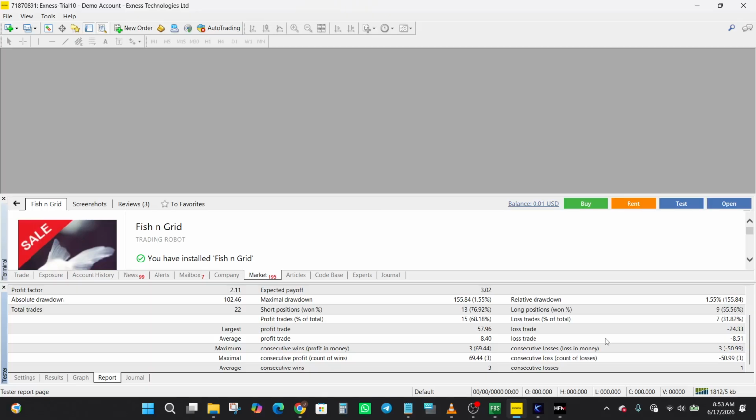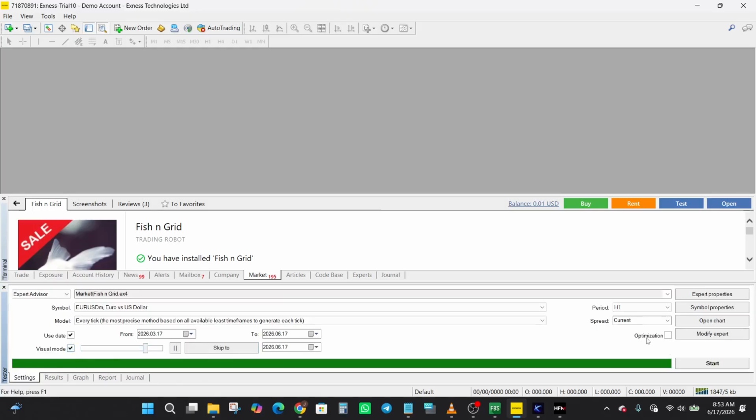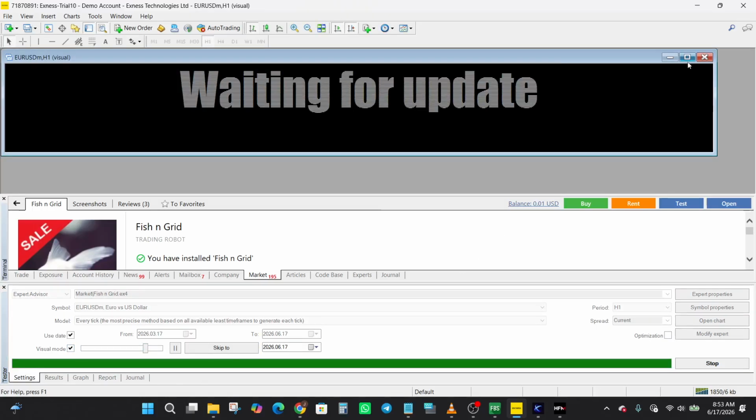and that makes it bad, right? But then I can also see that the maximal consecutive profits was 3, giving a $69.44 win. And then I can see that the maximal consecutive loss was 3 as well, giving 50.99. Now let's just quickly turn on the visuals. Let's see how this EA looks like in action. Okay,